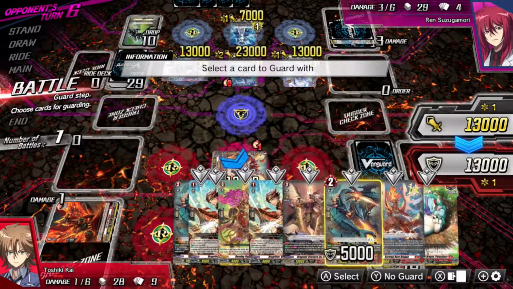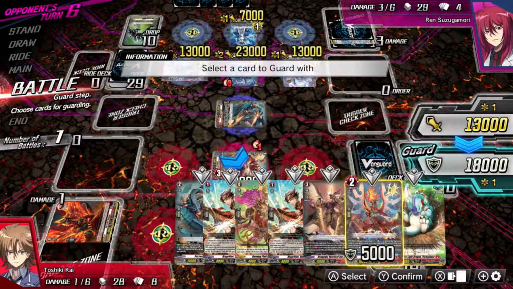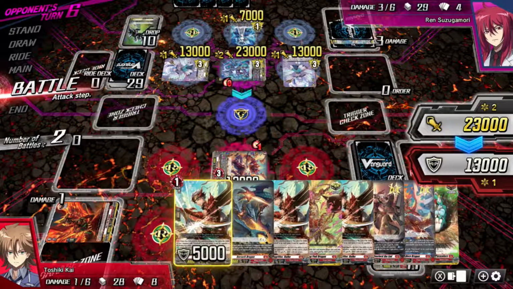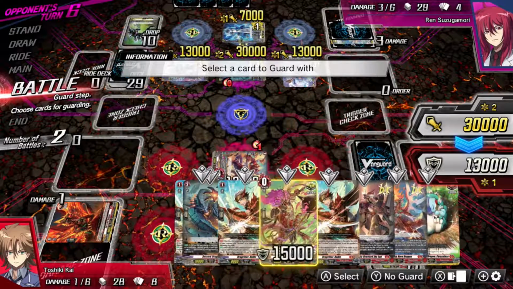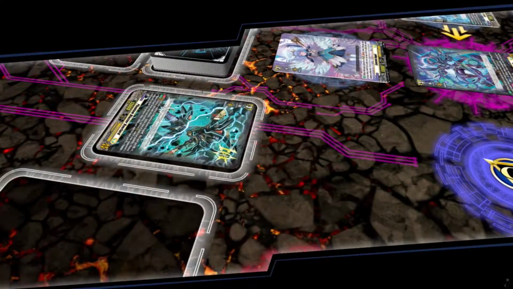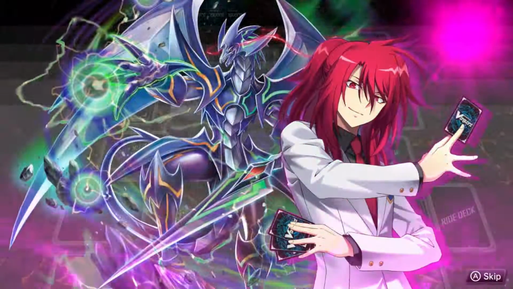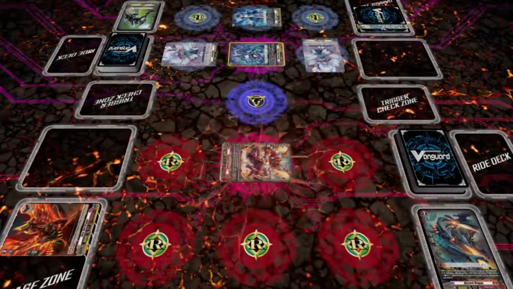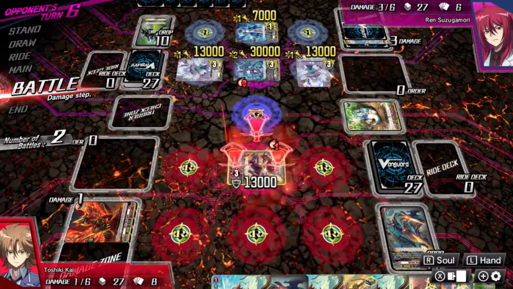So let's see. We will guard that with one of these Berserk Dragons. And that is 2 crits, but we're only at 1 damage, so I think I'm actually going to let that through. No guard. Drive check. Damage check, heal trigger. And I get another heal trigger, which we don't get this time, but we get the power, so